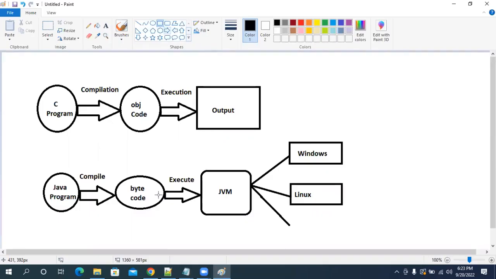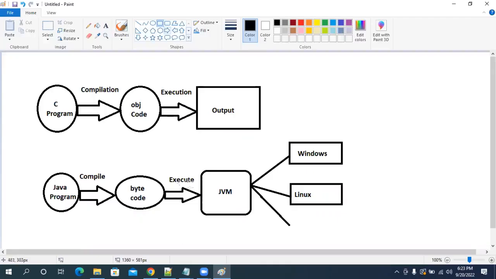I am a programmer. I have written my Java program. I compiled my Java program. When I compile my Java program, that compilation is generating bytecode for me. That bytecode I cannot understand, you cannot understand, computer also cannot understand. Then that bytecode we need to execute.